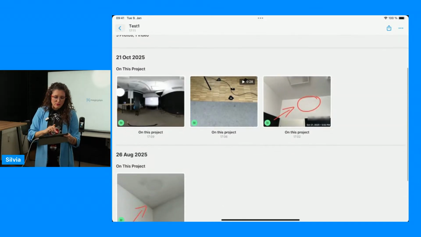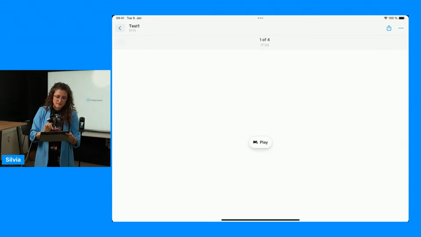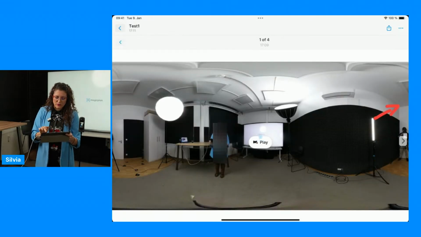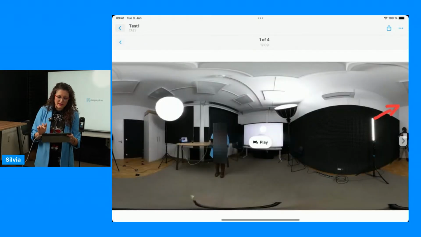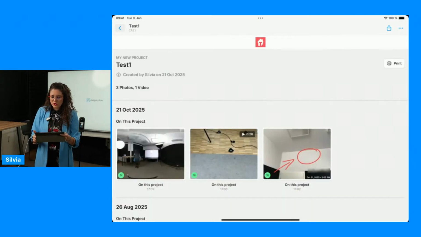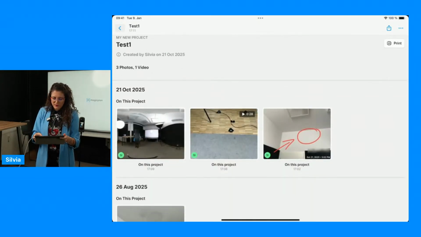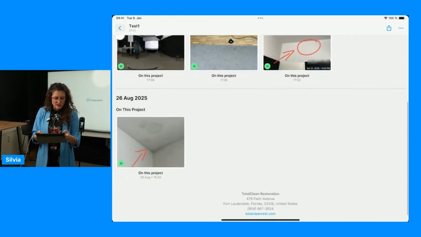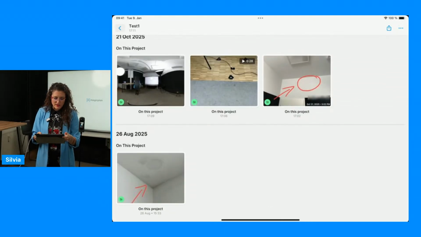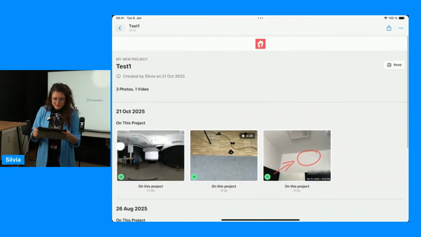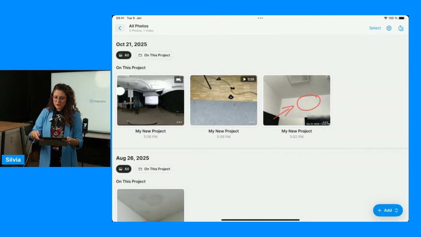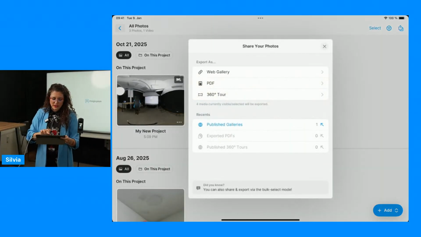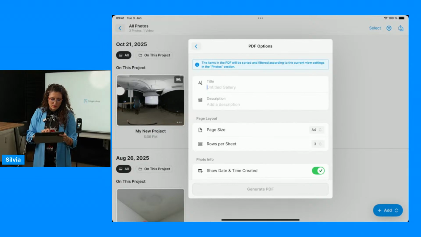So you can see here we have our 360 image. We can tap on it, we can play, and we can take a look at the image, right? Then we can go back and we could also watch the video. I'm not opening maybe everything, but we have the images. One is up there and the other one is down here. And maybe I just go back here. Okay, once we're back to this overview, we could also see if we export a PDF,